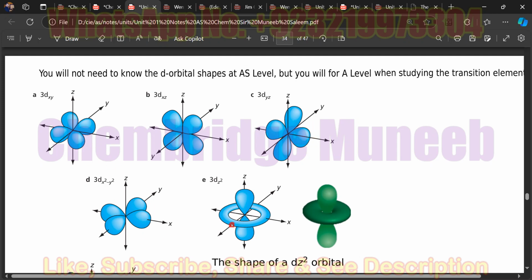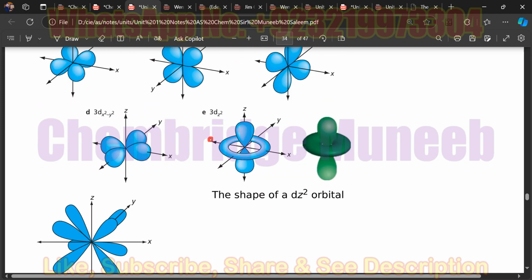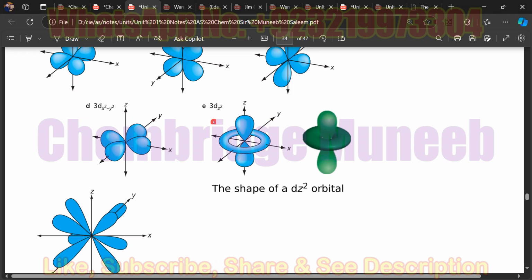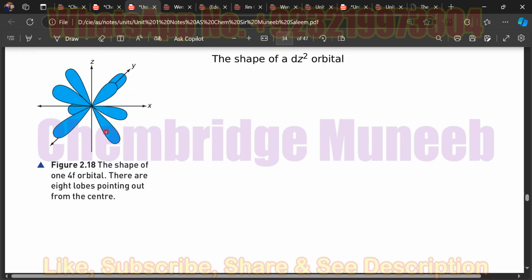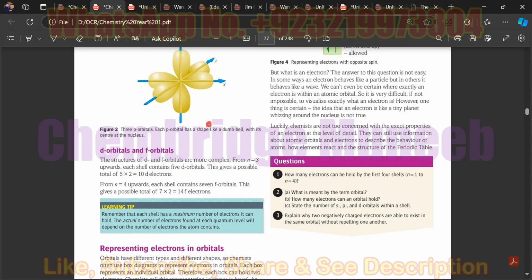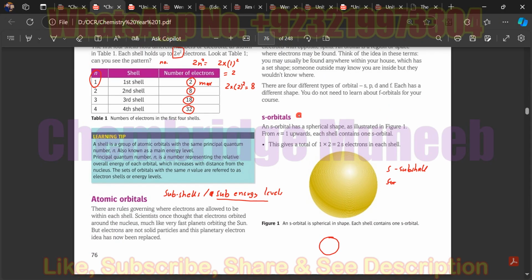So these are the 5 orbitals of the d subshell. And this one is 1 orbital of the f subshell. In total there are 7 orbitals in the f subshell, and over here only one of them is shown. So this is just for your knowledge. Is that clear? Yes. Alright, then moving ahead,